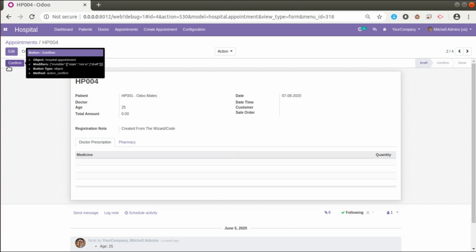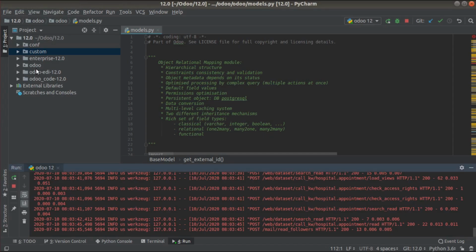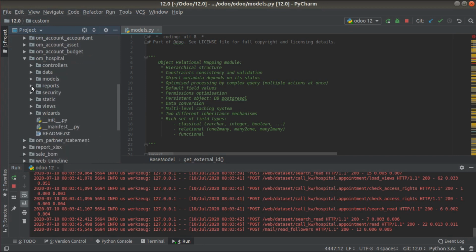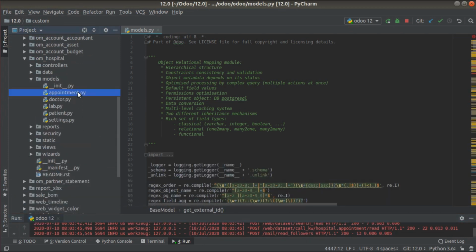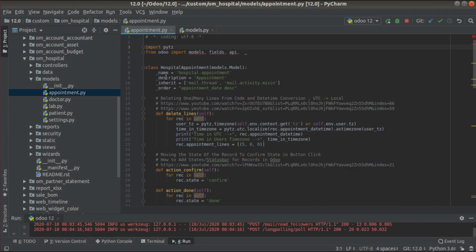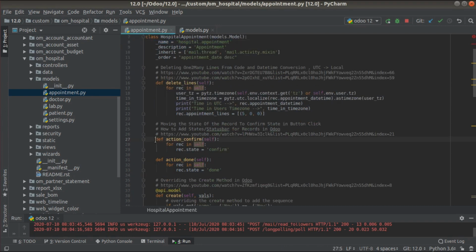So let's go to PyCharm, go into the OM hospital module, and in the models folder we have the appointment.py file. In the URL you can see the model is hospital.appointment. I have taken the corresponding model in the code, that is hospital.appointment, and here we have a function called action confirm. What I will do is comment out the current code and add the new code here.